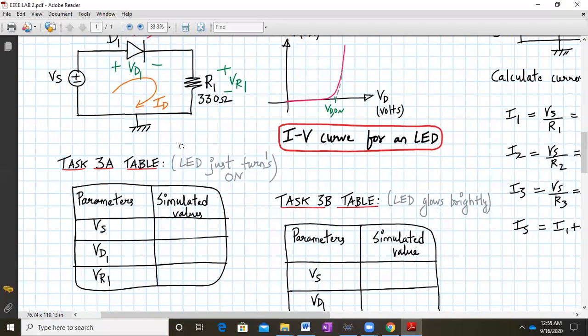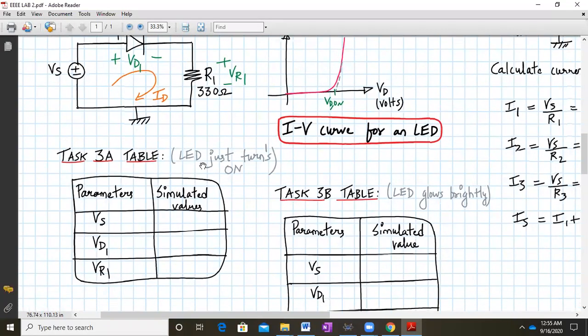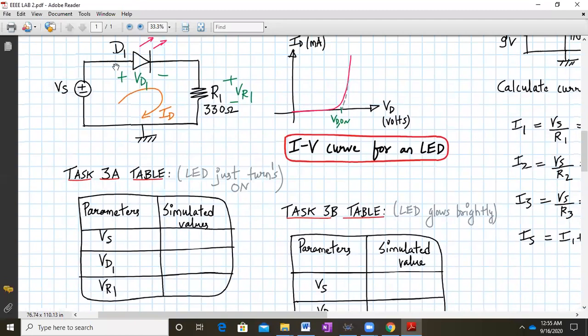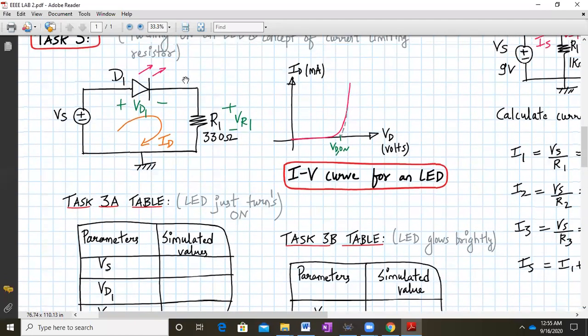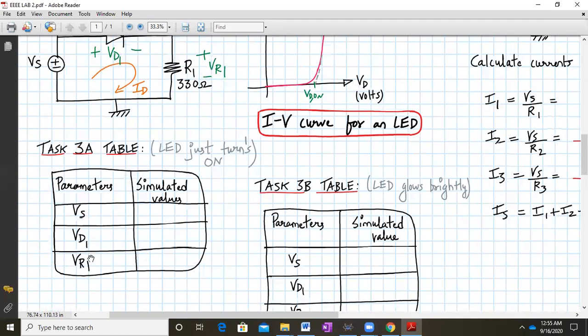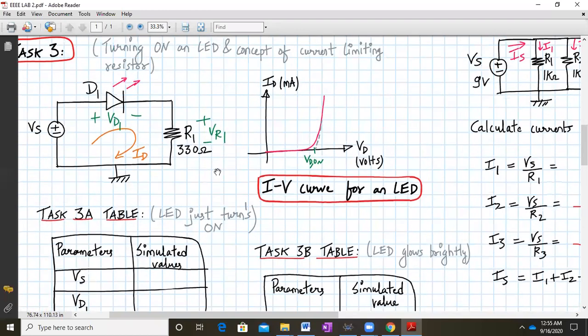So what you need to do is go for table number 3A. Slowly increase the value of Vs such that the diode, the LED D1, is just on. Okay, and note down the corresponding values of Vs, VD1, and VR1 with the help of a DC voltmeter in Proteus.